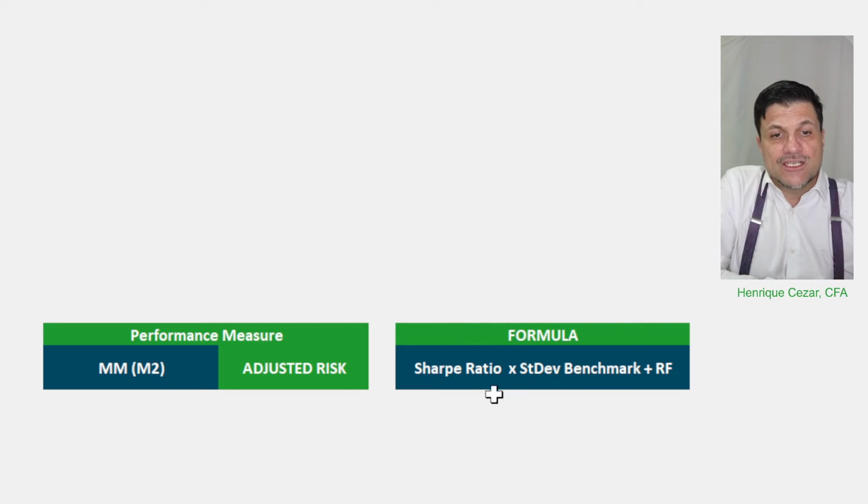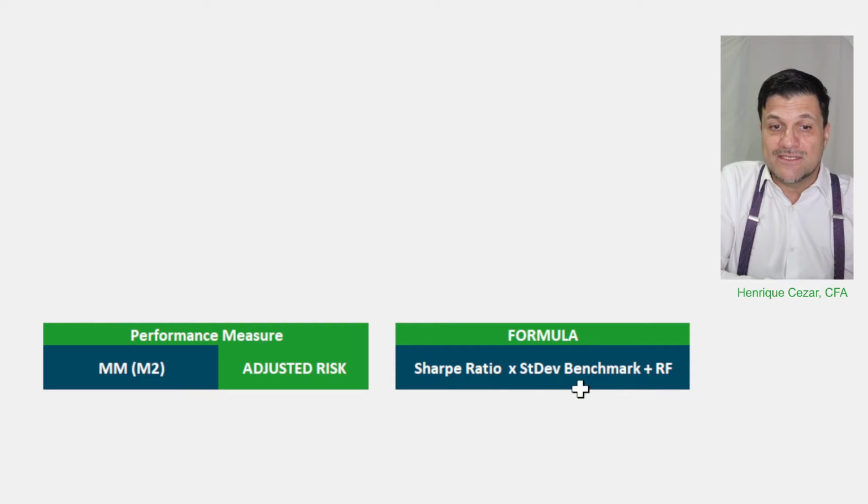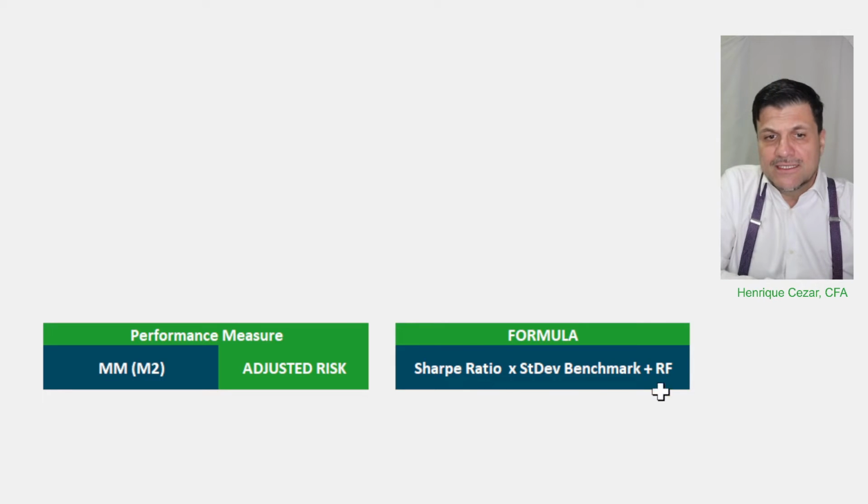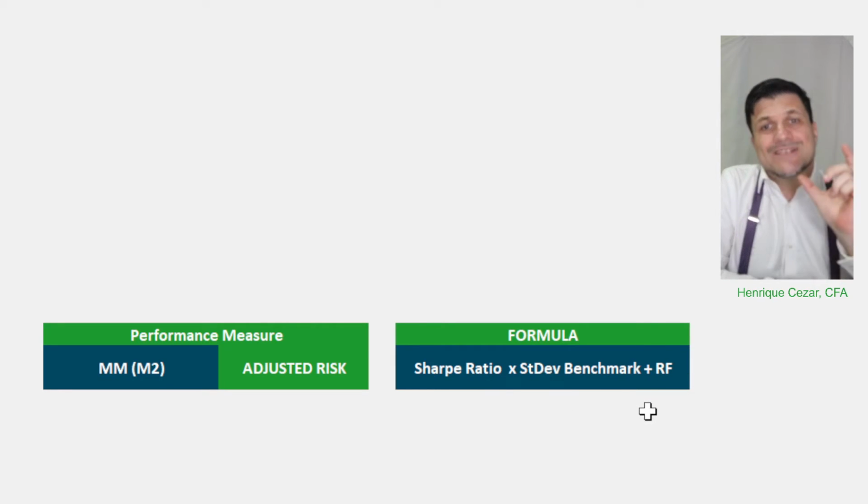So you take the Sharpe ratio of the portfolio and multiply by the standard deviation of the benchmark. Now we're using a benchmark. The benchmark would be an index or some kind of other portfolio. Use it as an index, and then add the risk-free rate. Okay, that would give you the performance of the portfolio management. Well, the idea is to have the highest possible, right? We add the risk-free rate because we present it as a total.